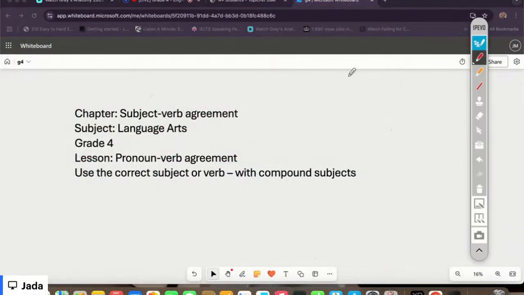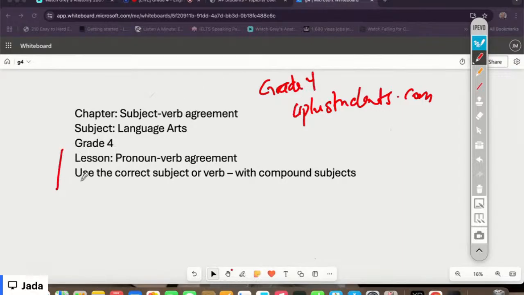Today we will continue our lesson under subject verb agreement. First, you have to log in using aplusstudent.com. Click on your name, move on to language at the grade 4. Chapter E is subject verb agreement. Lesson would be